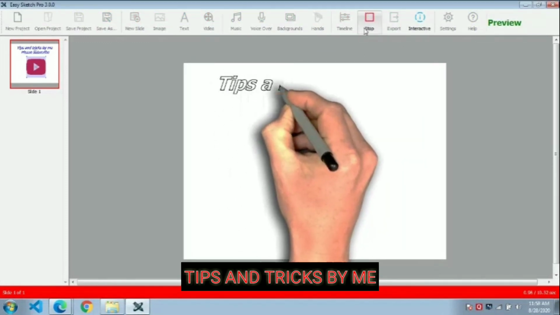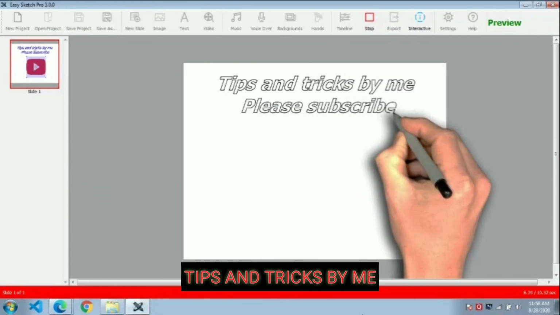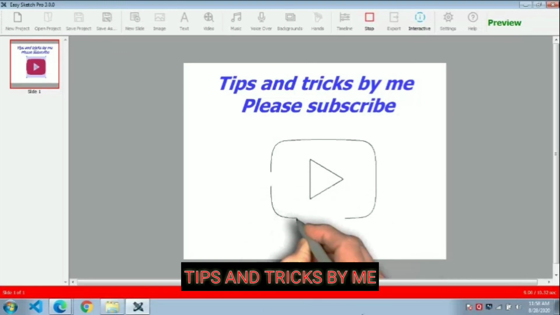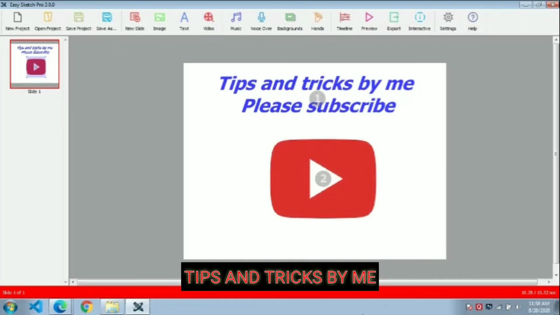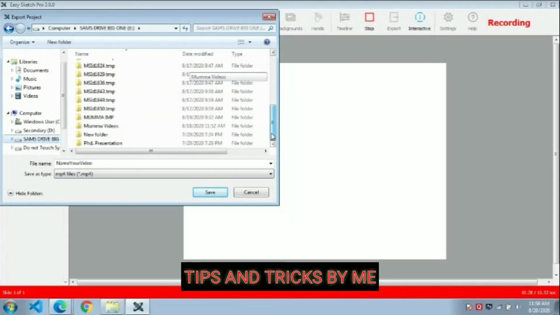Now you can see there is different type of hands. Now here is the preview. Now you can see he's writing and he's drawing as well. You can change the hands. Now what you need to do is you need to click on export, then select the folder,